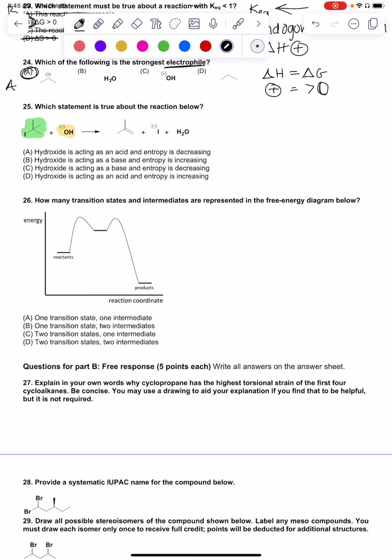And let's see what's happening. OH on the product side has gained a hydrogen. That means it's accepted an H plus, a proton. That means it has to be acting as a base, because bases will accept